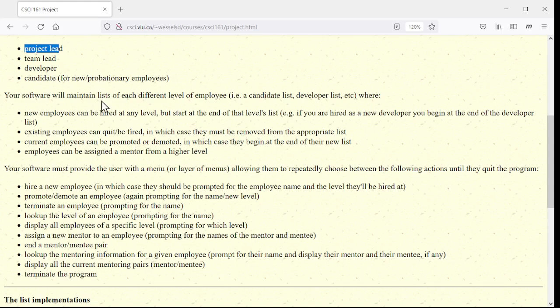Each employee can act as mentor for one other employee of a lower level and can have a mentor of their own from some higher level. So you'll need to keep information on who's mentoring who within this group of employees as well. So you've got to be able to provide a user with